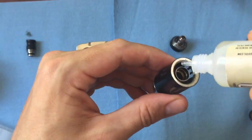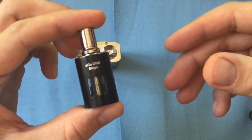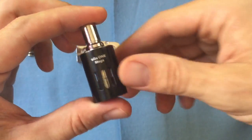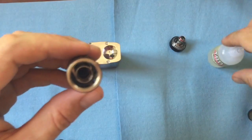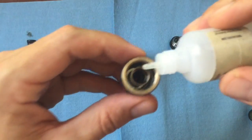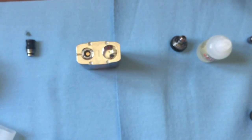Monkey Juice from TBD Liquids. So, I'll go into the tank. This, of course, is the Ego 1 Mega Tank. It is bigger than the normal Ego 1. They have increased the windows on the actual tank to actually be able to see your e-liquid. Here you have a pretty fair amount of room in between the window and the chimney to be able to...